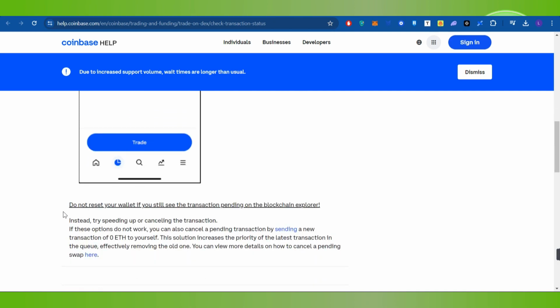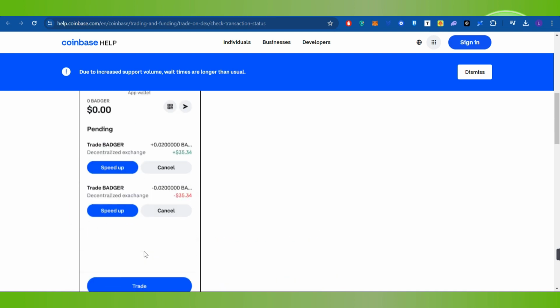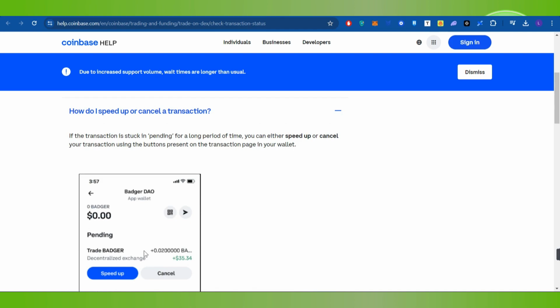You need to make sure that you don't need to reset your wallet if you still see the transaction pending on the blockchain explorer. Instead, you can try speeding up or canceling the transaction. If these options do not work, you can also cancel a pending transaction by sending a new transaction of 0 ETH to yourself. This solution increases the priority of the latest transaction in the queue, effectively removing the old one. So with the help of this method, you will be able to easily fix the stuck or the pending transaction